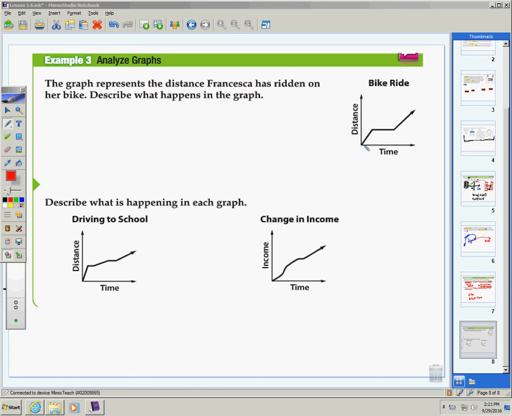So as I go along my x-axis, here is time. On the y-axis is distance. So the longer I go in time, time is increasing. The higher I go in the graph, her distance is increasing. So how could I explain this? Well, time and distance are both increasing, so she's obviously moving for the first part. So maybe I could say she starts riding her bike